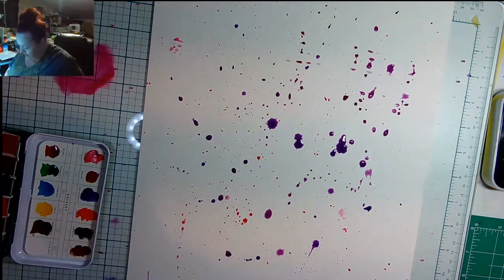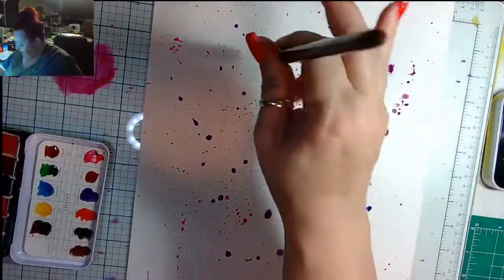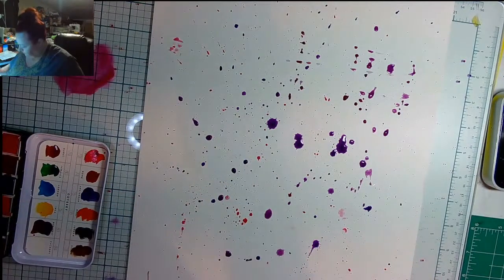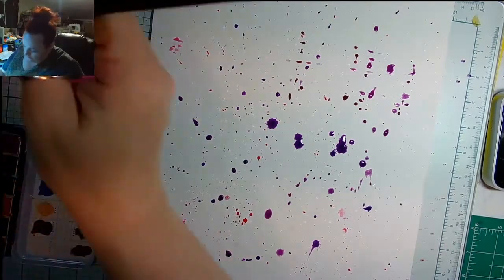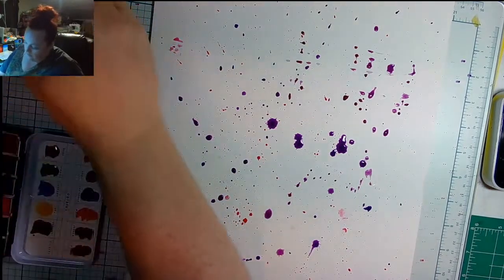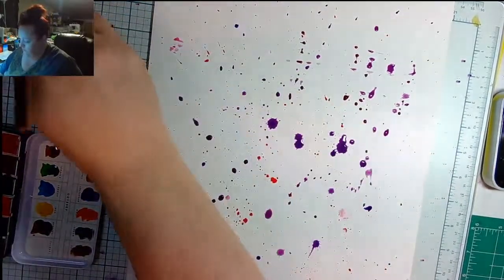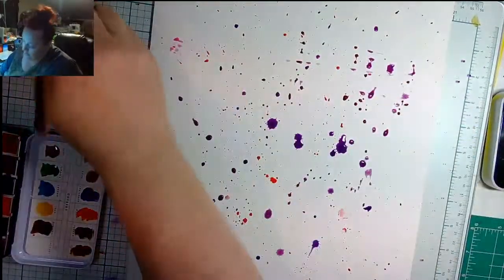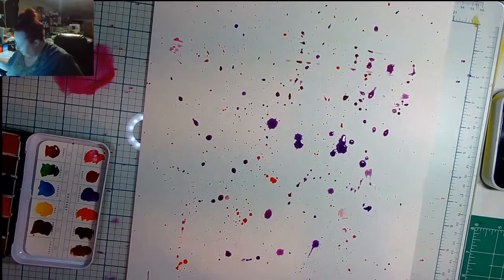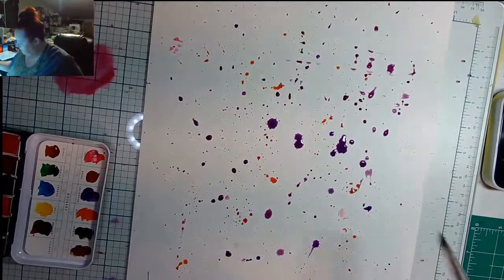It's possible. I think I want to throw a little bit of the orange in there. Throw a little bit of Maui. There we go. And these we can chop up and stamp over the top of. They're gonna be fabulous. And this one we can do a lot of ink blending over the top of it,